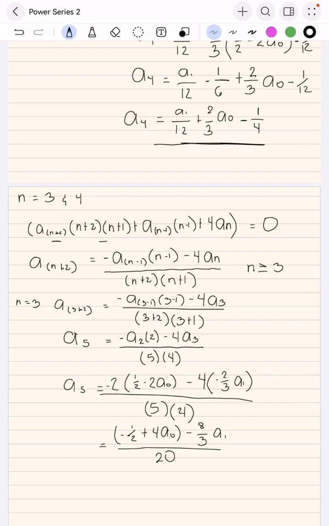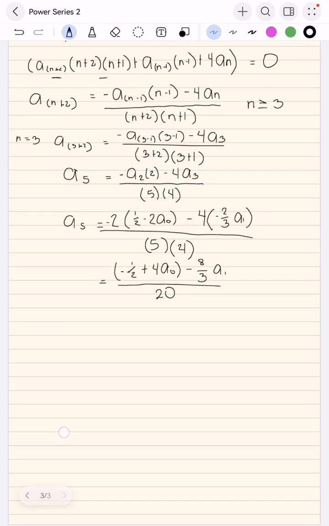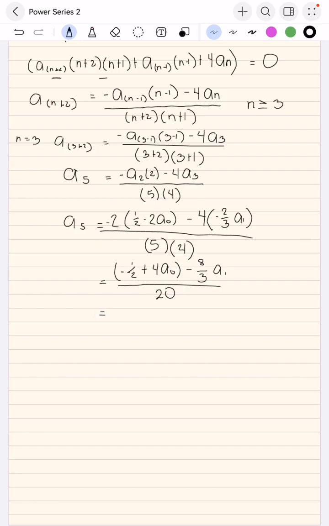So, and then I think this can be also equal to, let me see,